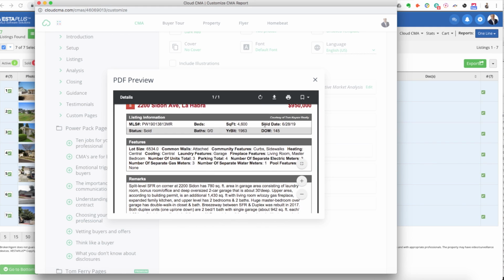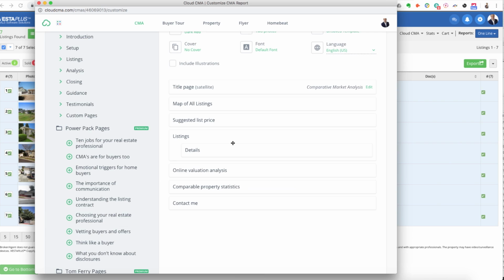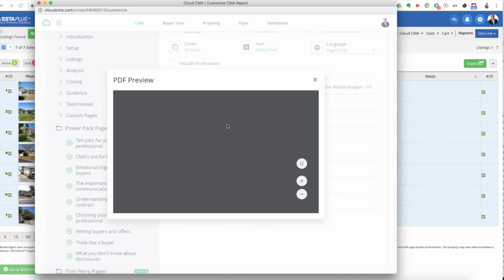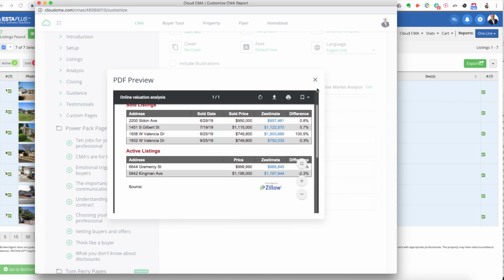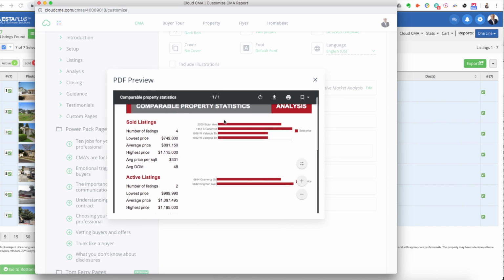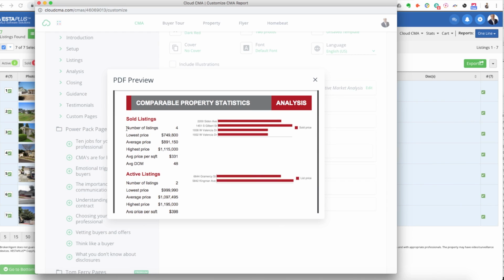which will have a report with the size, the sold date, how many days on market, and then an online valuation analysis, comparable property statistics. Here we can see the number of listings sold were 4, lowest price $749, highest $1,115. Now we'll also notice the average price per square foot was $331, and it took about 48 days to sell